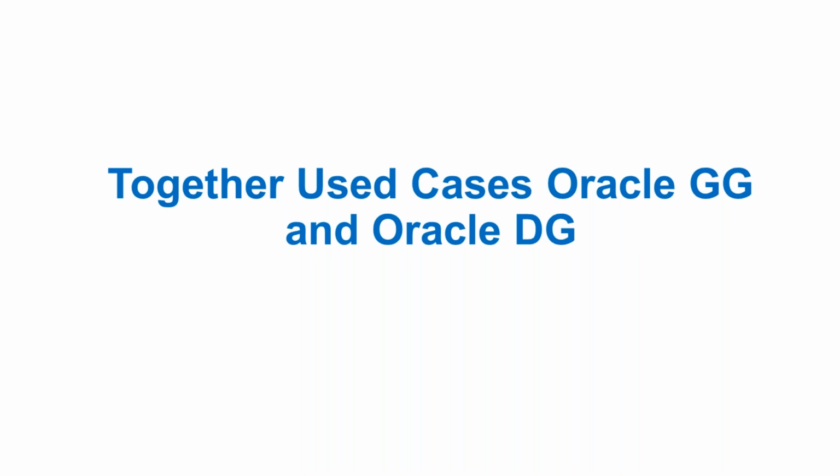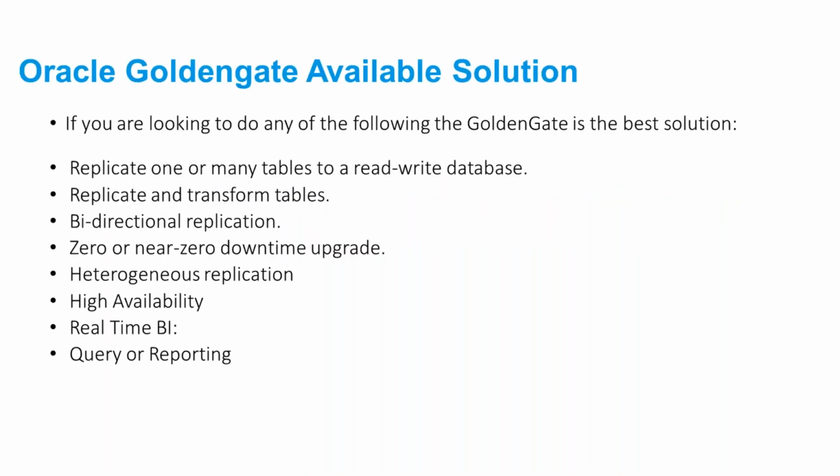Now, again, of course, that depends on the design. If you put all the Golden Gate tables into one process, if your design is not proper, then again Golden Gate may not give you the desired results. But yes, if it is designed properly with Golden Gate, you are bound to get the best results and you can replicate the data in near real time. But with Data Guard, you can have some lag in case of high transactions.